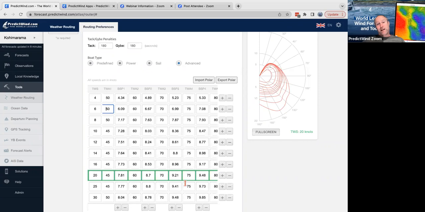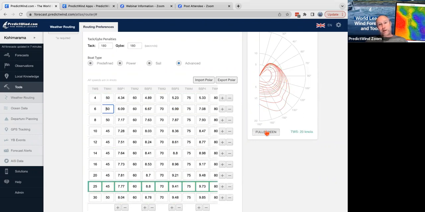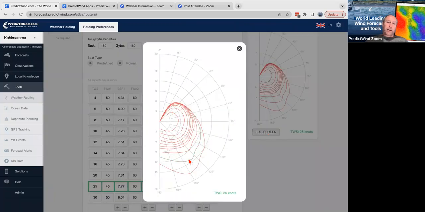So yeah, even when I set my polars up, I would go as far as making the numbers where I knew our boat liked to sail. I would even not make them better, but possibly make the other numbers around it not as good, so that I could make this curve fit. So this curve over here on the right hand side, if I just zoom that out, I could have it sort of in the sweet spots